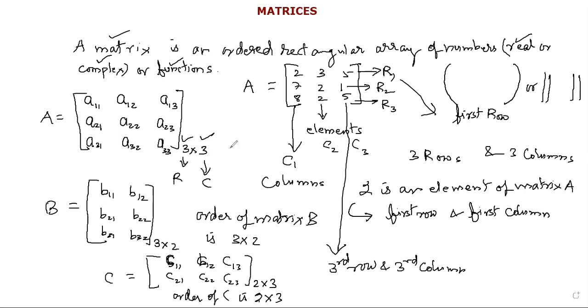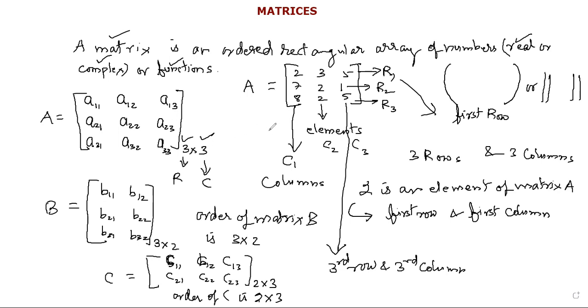Matrices are used to represent many things. They are vastly used in computers. Computers do operations in matrices, and they are used in many programming tasks and in many fields, including commerce. So this is the order of a matrix.